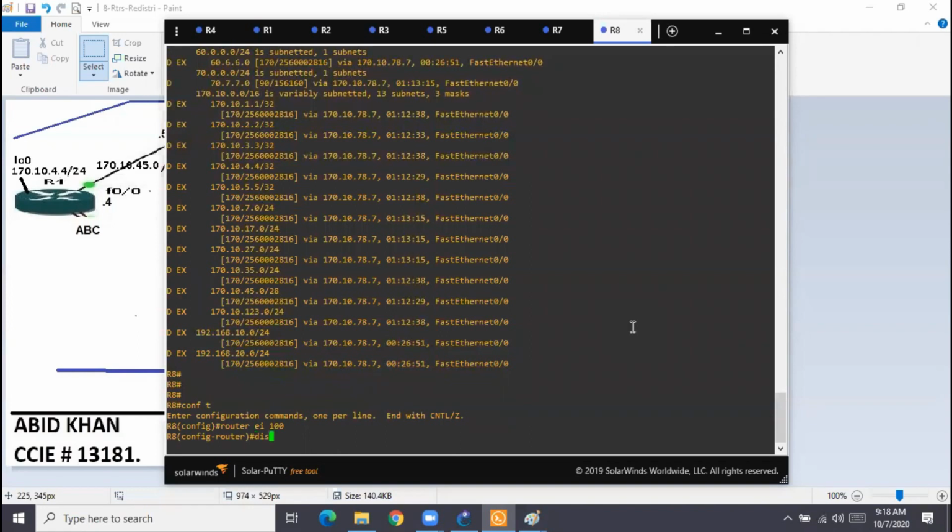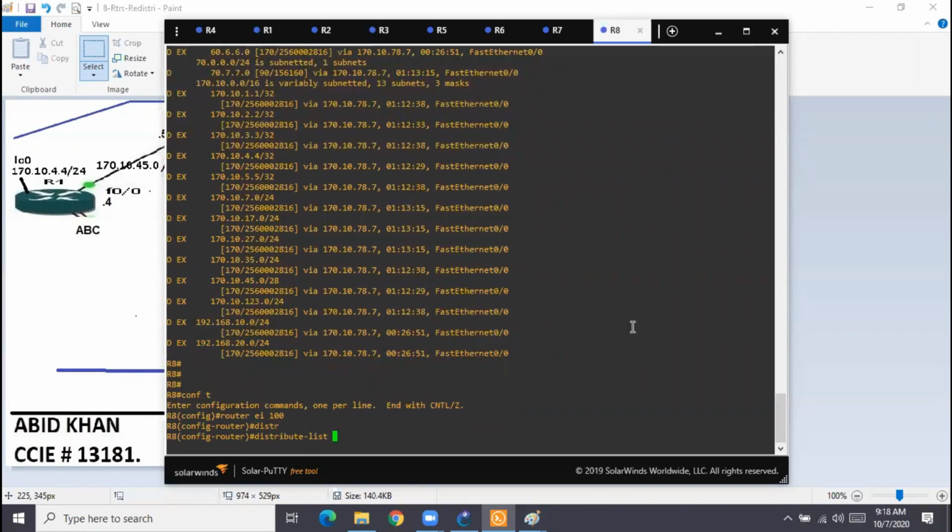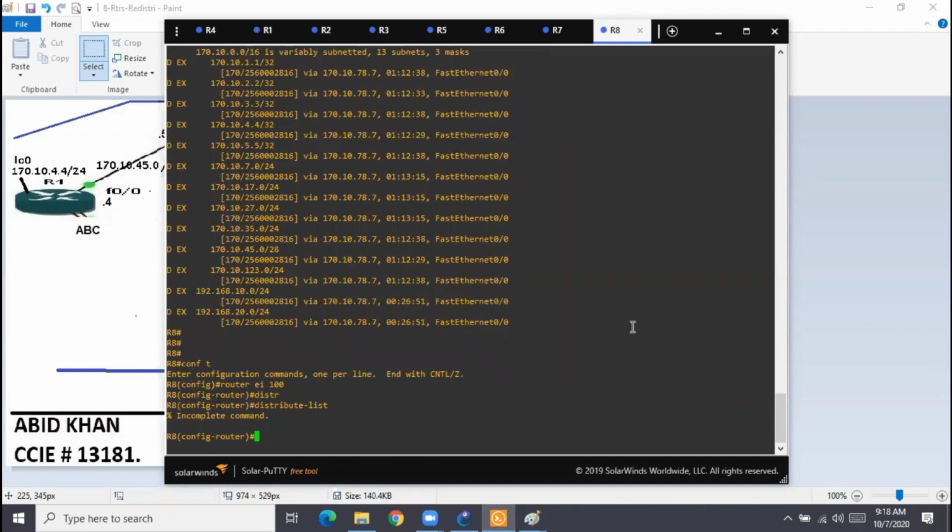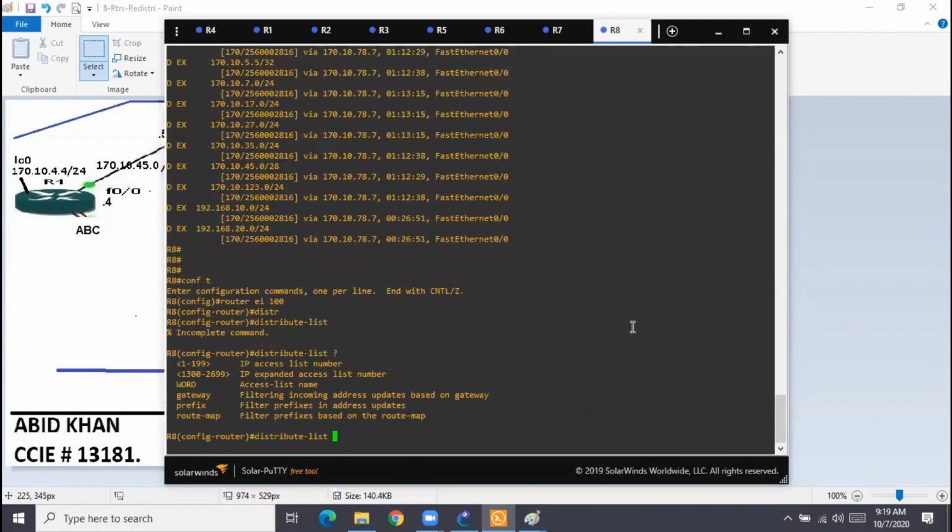Inside this, what is my tool? It is inbound, and it's a single routing protocol, so no option. I simply go and say distribute-list. If I press enter, what happens? You see an incomplete command. That means distribute-list is saying, I can't do filtering, you need to specify which routes you want to filter. But do you see an option to specify the IP addresses? Can we specify 50.1? No. Can I specify 170? No, because somebody may want to filter maybe 100 routes, and you can't specify 100 random routes in one single command on one line.